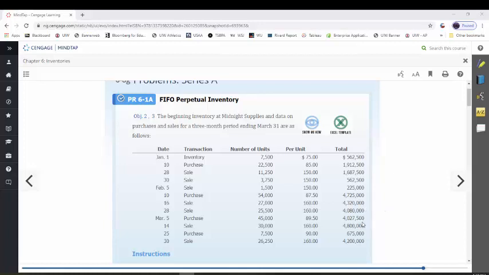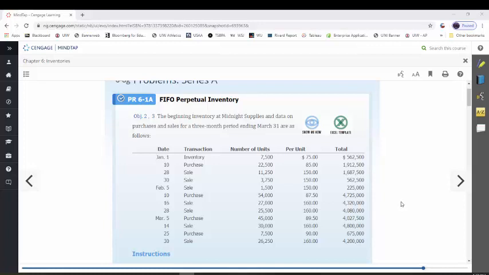Okay, we're going to finish up Chapter 6 by doing a number of problems out of the back of the book. The first one I'm going to do is 6.1a. It says FIFO under a perpetual inventory, but I'm first going to solve this as a periodic inventory. I'll do that first, and then I'll compare that to the perpetual